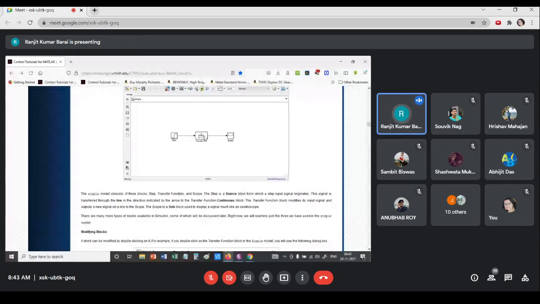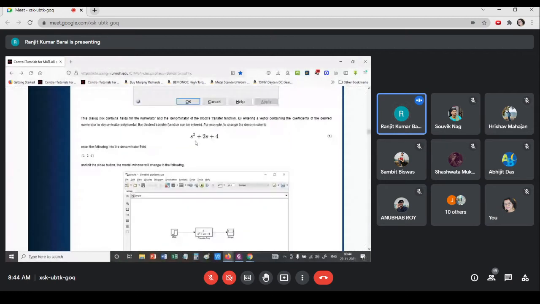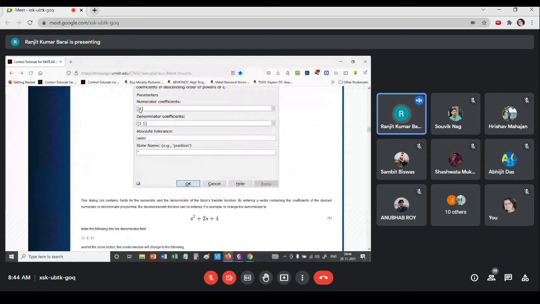If you want to make it a second order one, and you know the numerator and denominator values of the matrices, then you can input like this. So in order to make it a second order one, having the denominator as s square plus 2s plus 4, what shall we do? We will leave 1 as it is if I don't want to change the numerator.